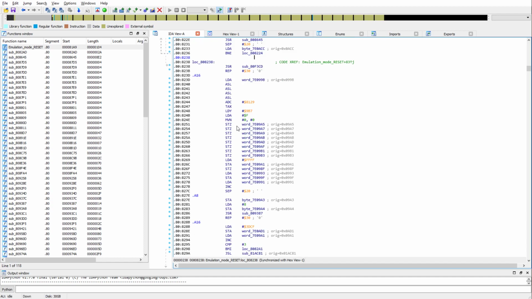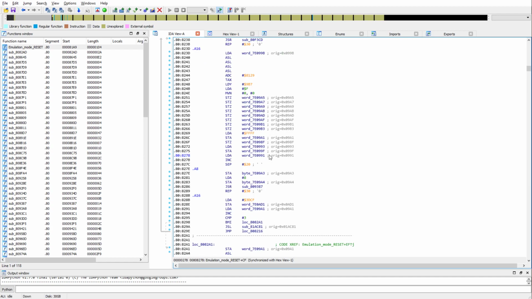So I believe a lot of these RAM addresses that it's storing the 0 flag to are ones that are managed by the settings screen. So the variables that store your lives and difficulty, etc., are here. So zeroing those out,